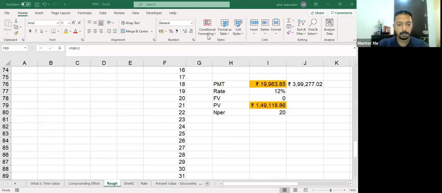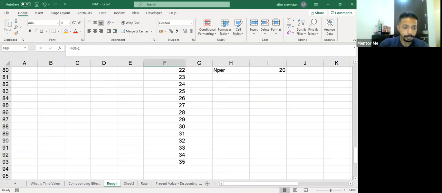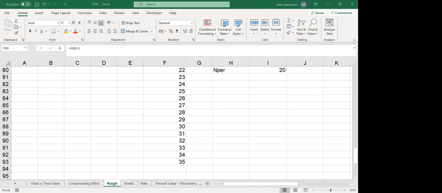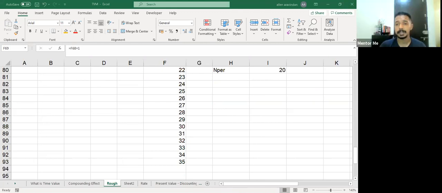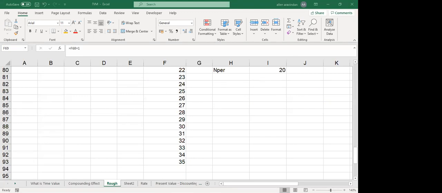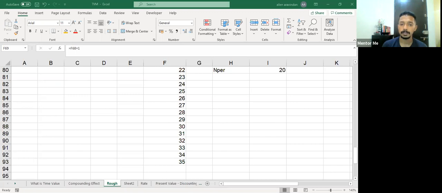Okay, let's do the next question. If you deposit 13,000 at the beginning of every year for 10 years, and interest is being paid at 8%, how much will you have? This is a simple future value calculation. Anybody got any problem with this? Question number 3. The only thing you will change at the end is type, which is 1, because it says beginning of every year. Rest everything remains the same.